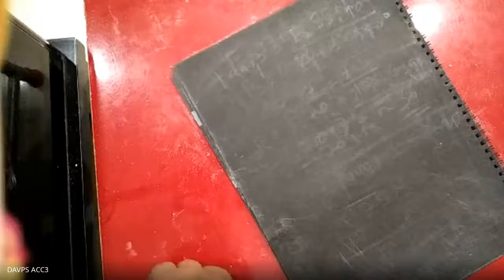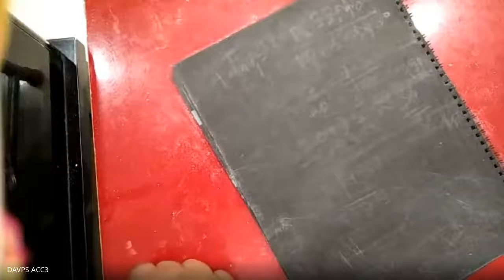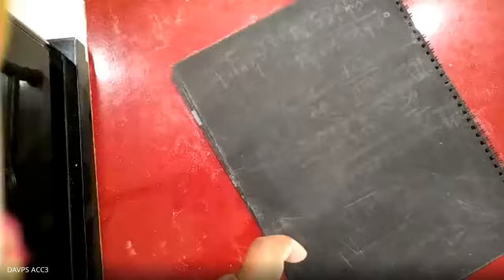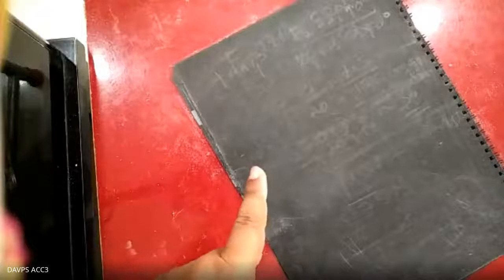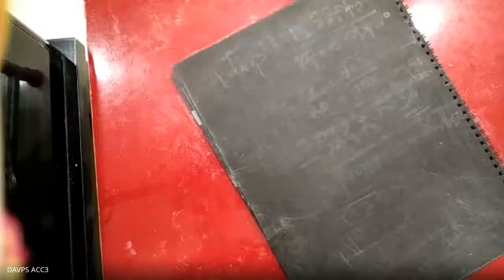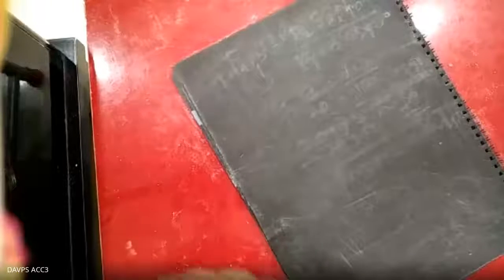Sir, 30 degrees west of north. You don't say that, because east and west is not mentioned. I am not mentioning in which direction the river is flowing. You just give the angle with the direction of the flow of the river, that means the direction of the flow of water. So 120 degrees with the flow of water. What's your name? You tell your name.